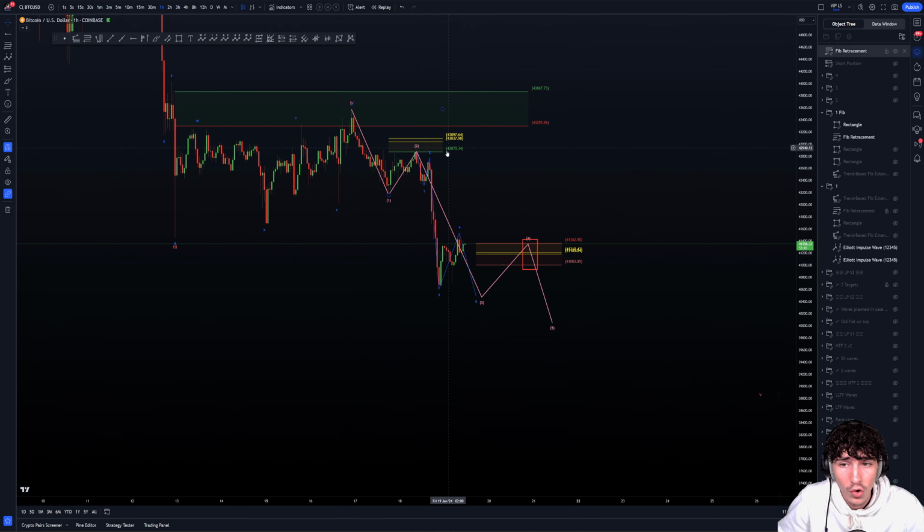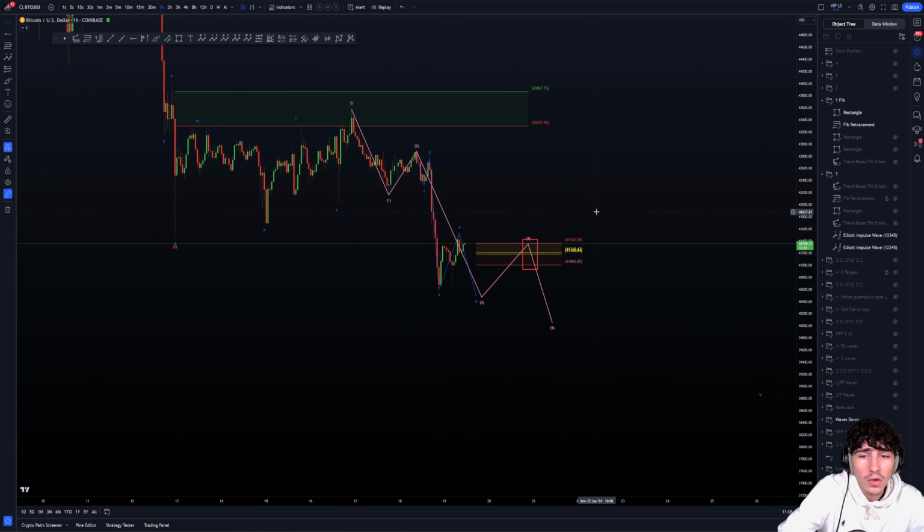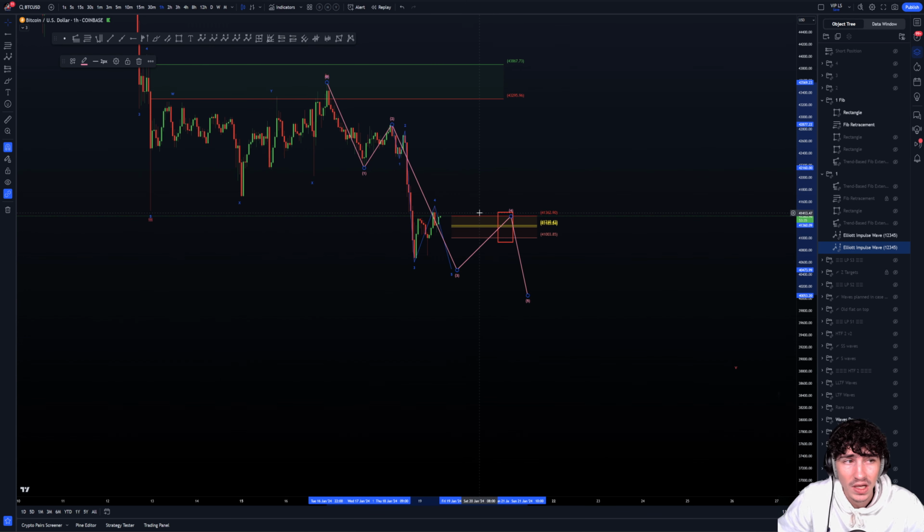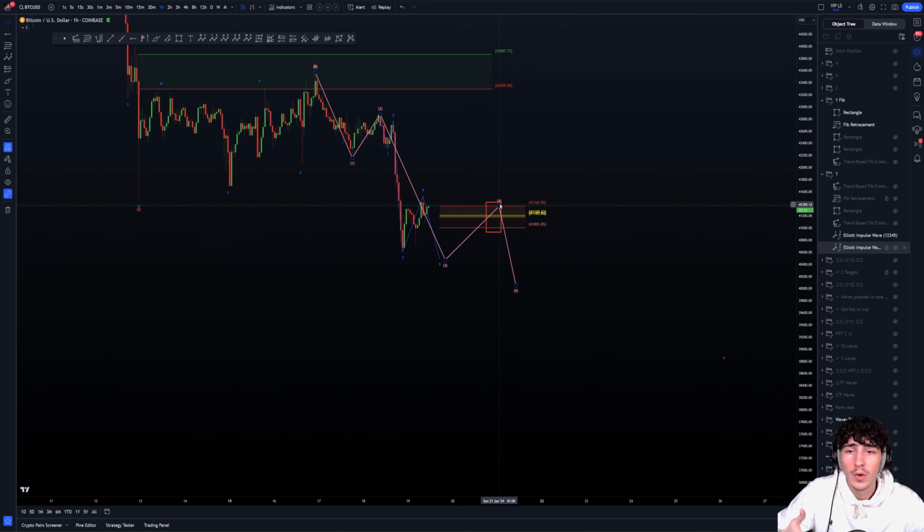So it's a normal and a regular wave 2. When we do a regular wave 2, we look for a regular wave 4. So to speak here, we look for a stop between the 2316 and the 38.2. From here we can look for the wave 5.